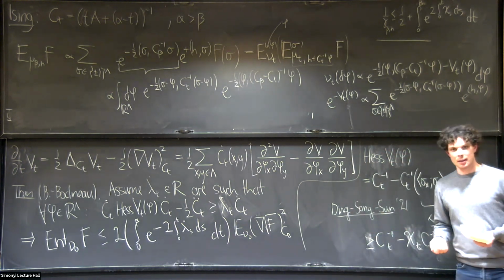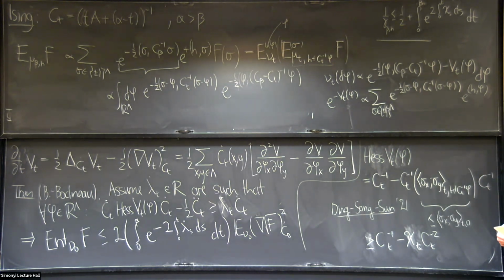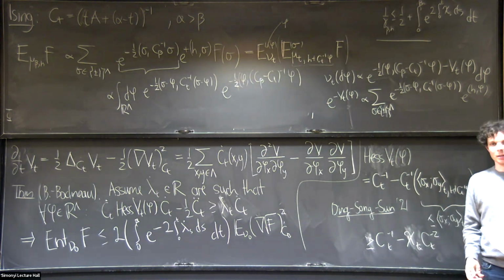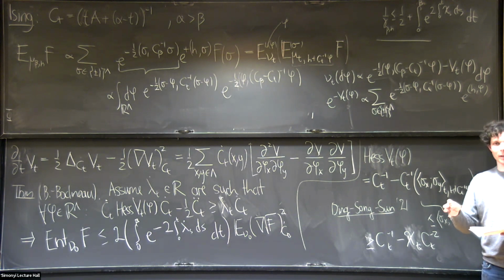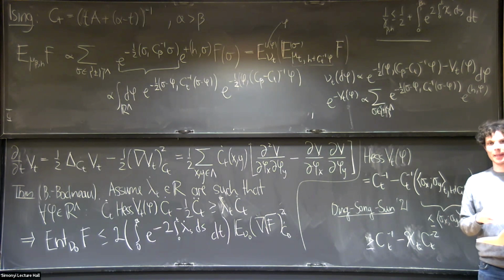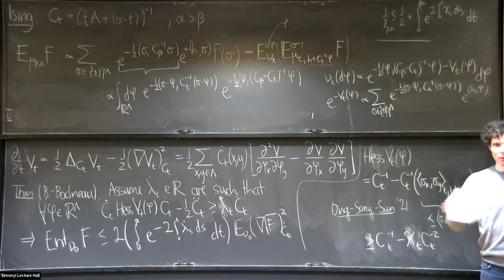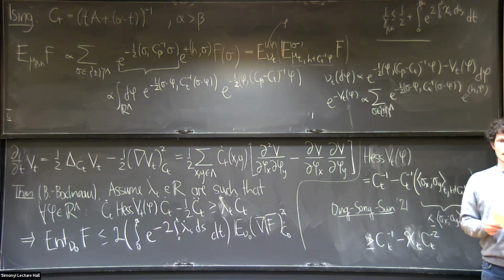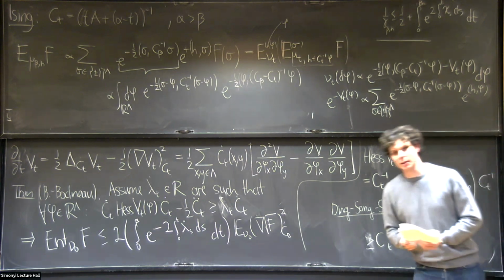You're also just going up to the critical temperature or not? Yeah. Okay. Yeah, it's the same. As soon as there's the bound uniform in the volume and epsilon, it only depends on the susceptibility. If you have an upper bound on this, the remaining bound doesn't depend on epsilon or L anymore. So it works uniformly in the volume up to the critical point, if you define the critical point by finite susceptibility.